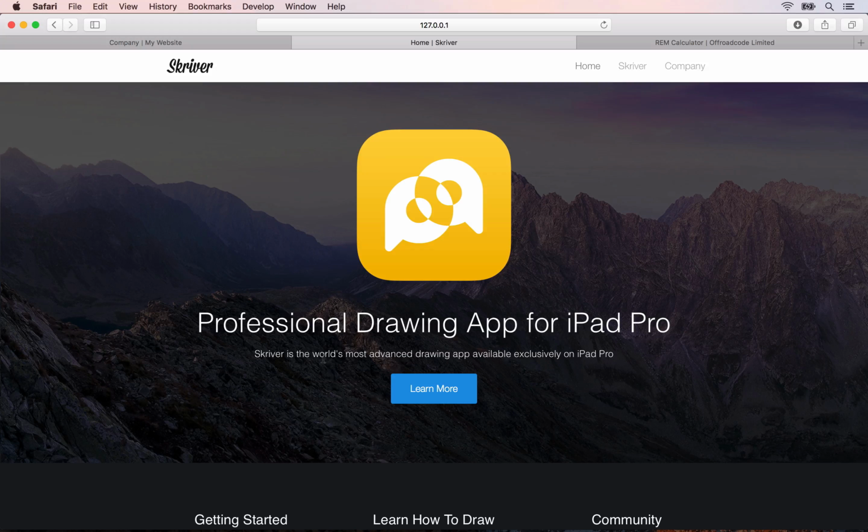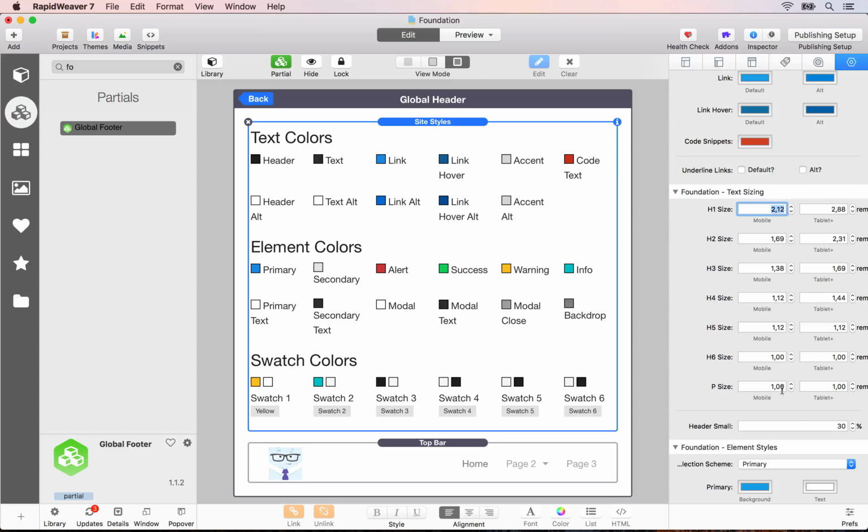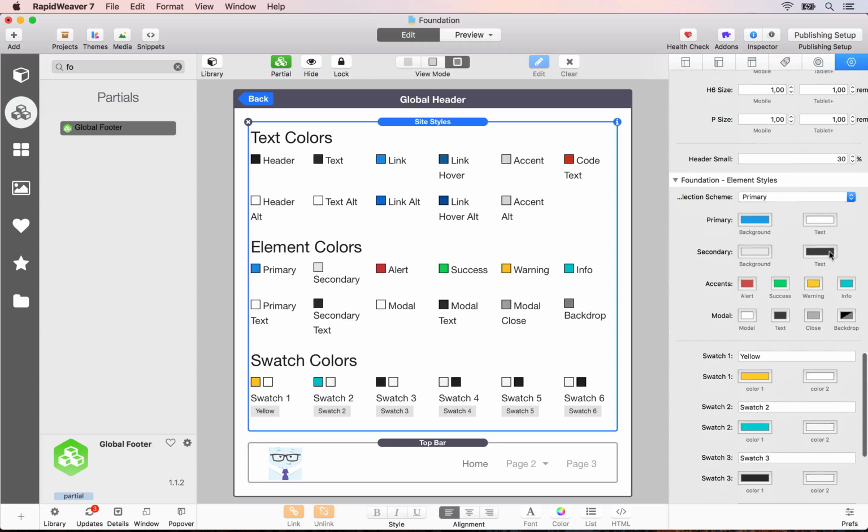And we could then update the base font size if we wanted to. At the moment it's just 1 rem, so that is 16 pixels. We're not going to go and adjust all of these. I just wanted to show you how you can do that very quickly to change the look and feel of all of your headers. So next up, we have already touched on changing the element styles, so we're not going to go over that again in this video,